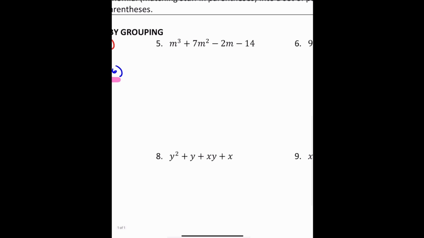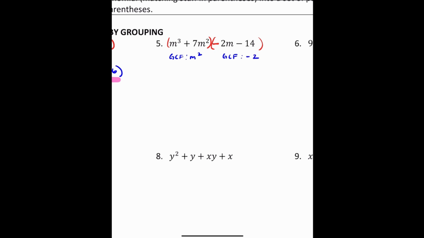Number 5, n cubed plus 7m squared minus 2m minus 14. So again, we'll group the first 2 terms and the last 2 terms. And since there's a negative in the third term, when we group that, we need to make sure that that sign is inside of the parentheses. Alright, so let's find the GCF of the first group. The GCF would be m squared. For the last group, the GCF would be